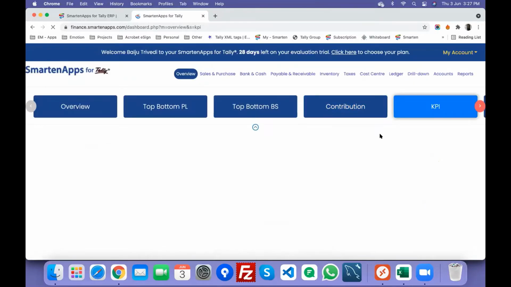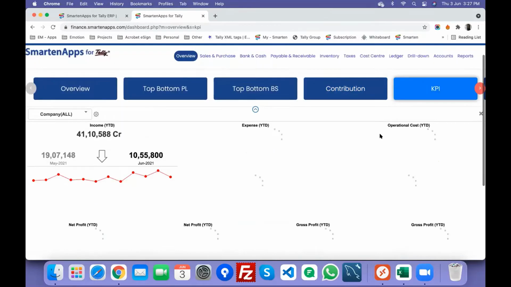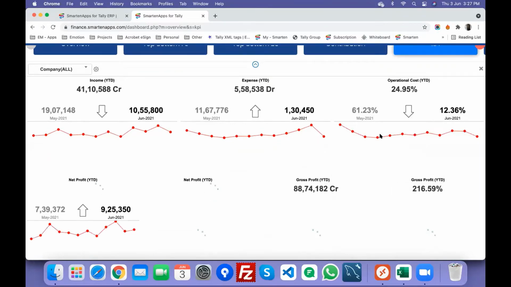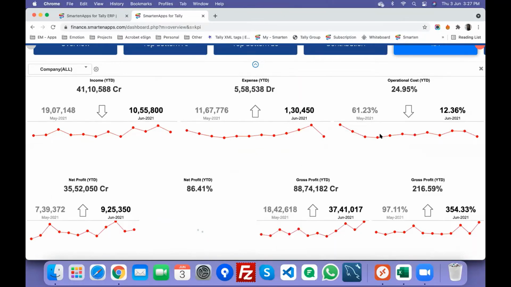Now let me move on to some key KPIs. I'm just going through the quick snapshot so that I can cover this well in time. So we have tried to draw the most important KPIs here, and you see the 12 months trend line. Also, you can see how you are doing against the previous month. So for example, if I look at income, my May 2021 was say 19 lakh, and this month it is 10 lakhs. That's the reason there is a down arrow, as you can see, in terms of performance. And I can also see how my performance is moving across the last 12 months.